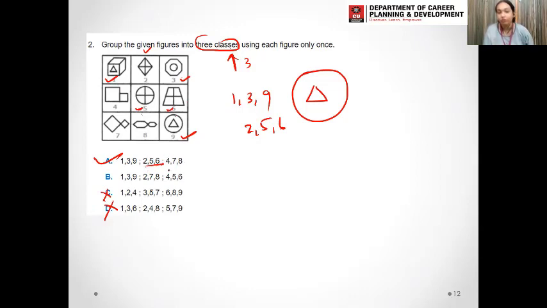If you want to check 4, 7 and 8, you can also check. We have the fourth figure, a square, then a small square. Then we have a rhombus-type shape with a small rhombus. And then a six-sided hexagon with a small hexagon. That means a large image and then the same image but smaller. So the option is A.